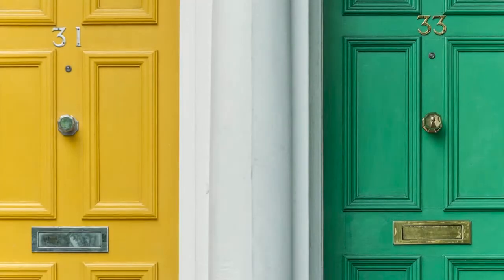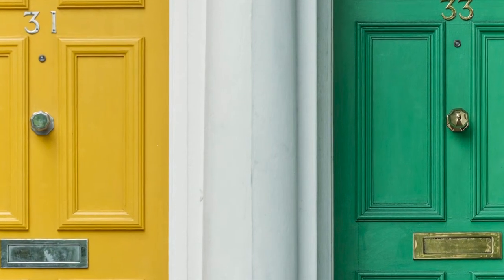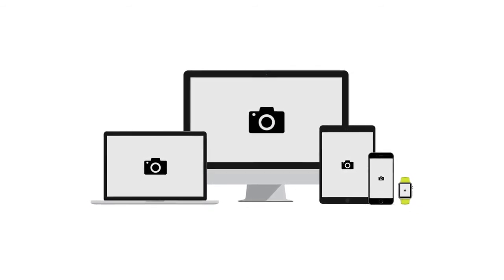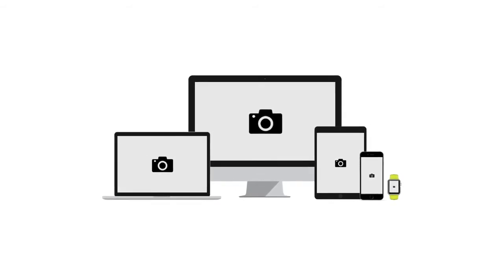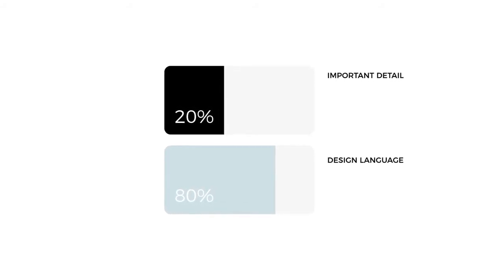Believe it or not, many large organizations with several products still have vastly different visual identities across them. Even the same website can differ dramatically from section to section. A UI design language is at the heart of bringing consistency to this chaos. This will not only benefit the business, but customers, whether they know it or not, will feel at ease with this visual consistency. With a design language in place for 80% of the design, UI designers are now free to